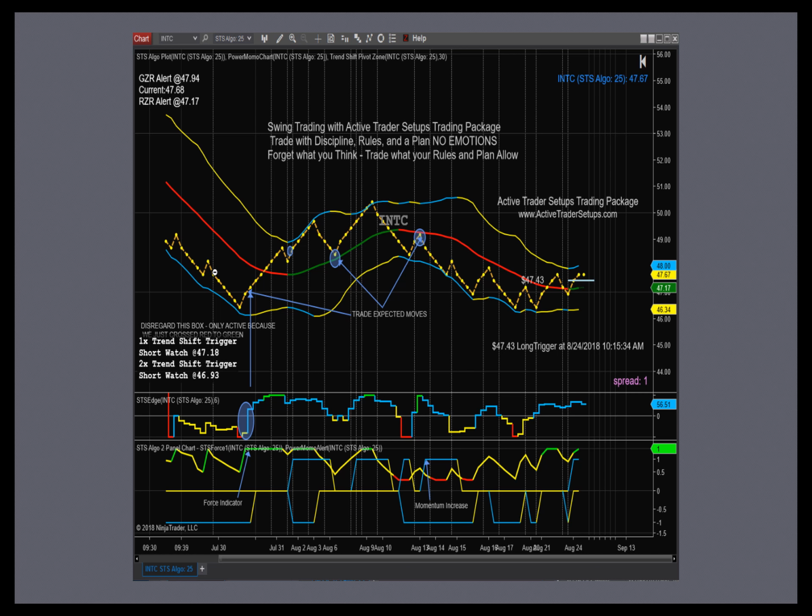This, first of all, is early in the morning. The stock gapped down some, sold off a little more very quickly, and rapidly started back up. If we get a rapid movement in our first two dots, or first two plots of a reversal, and we consider a rapid movement when we can come from red or yellow down here instantly into blue. We have a zero line on our, we call it the STS edge. It's going to give you an edge in your trading. If we have that instant move up,